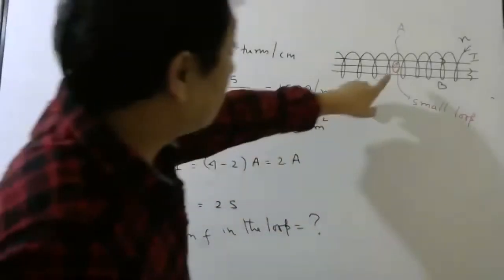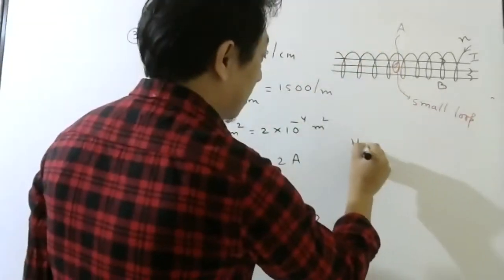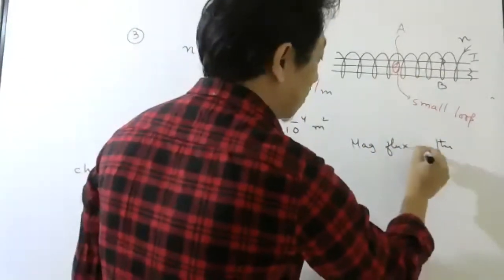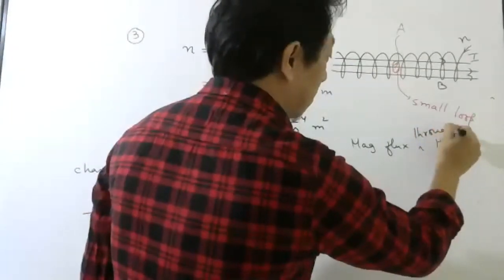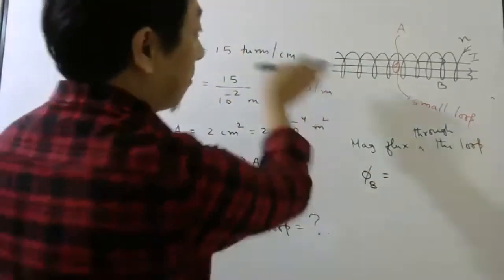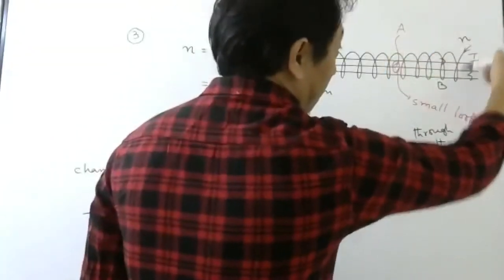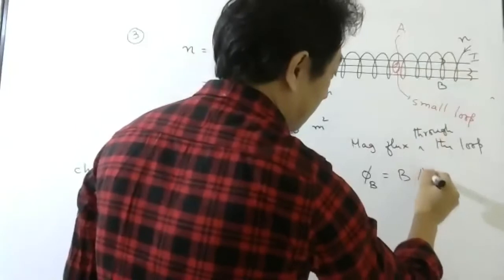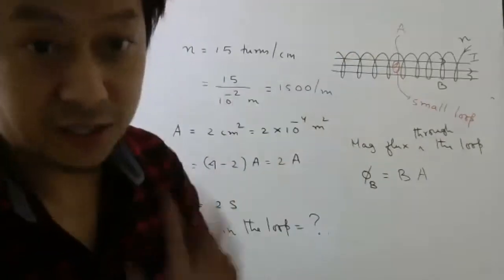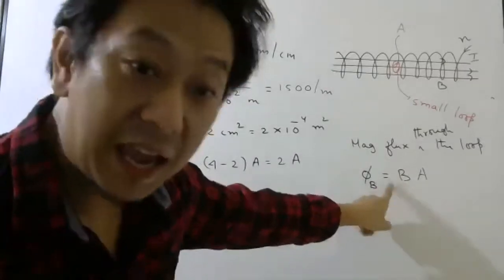Okay, so we have to find the change in magnetic flux in the loop. Very simple. Let us first calculate the magnetic flux through the loop. What is the formula? Magnetic field into area of this loop. Don't take this area, take this area. Okay, students, if this loop has n number of turns, in some other exam, then multiply here with n. Here no need to do.